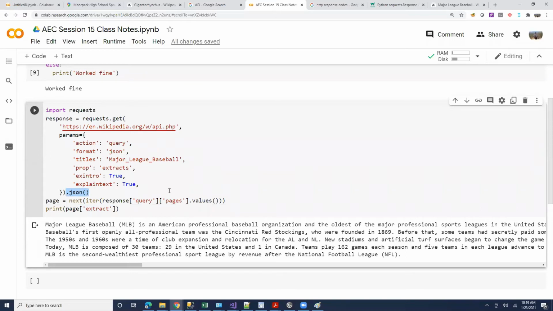Some of you may already have used this multiple times. Some of you may not know. I'm just focusing on things that I think people may not have seen. So this is the first thing that most of you may not have seen. It's called JSON, right? So before we get into too much detail, what we did here is we went to Wikipedia's API exactly like the previous example, and we posted some parameters.